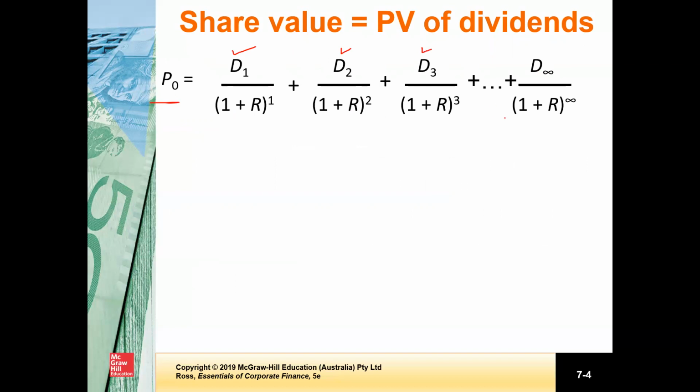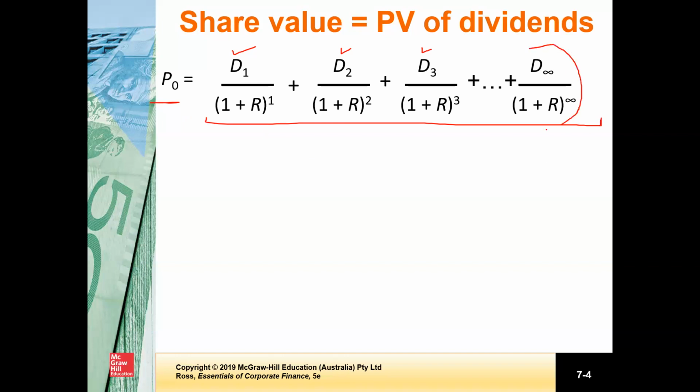Now you remember I said that it depends on future dividends as well as the price at which we expect to sell. Now you know that investment in a share could be a perpetual investment, because a share doesn't have a maturity value, and we may plan to hold it for an indefinite period. If that is the case, then the price of the share should depend on all future expected dividends. Even if we plan to sell it after some time, the price at which we expect to sell will again depend on the expected dividends beyond that point. So theoretically, the value of any stock should be the present value of all future dividends.